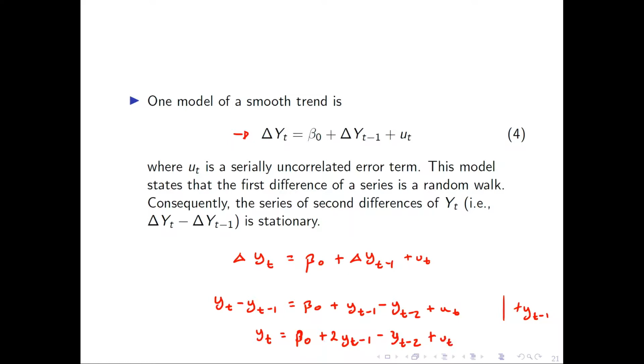So this process here, yt equals a constant plus 2 times the first lag minus 1 times the second lag,